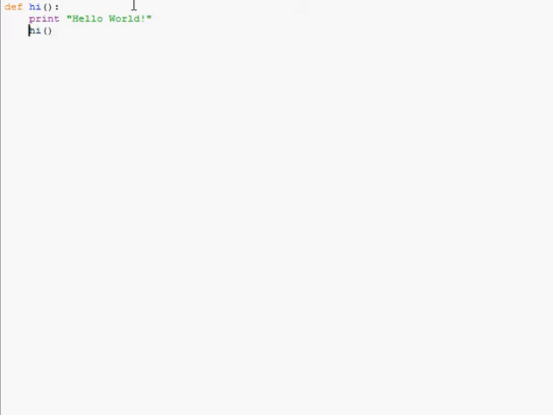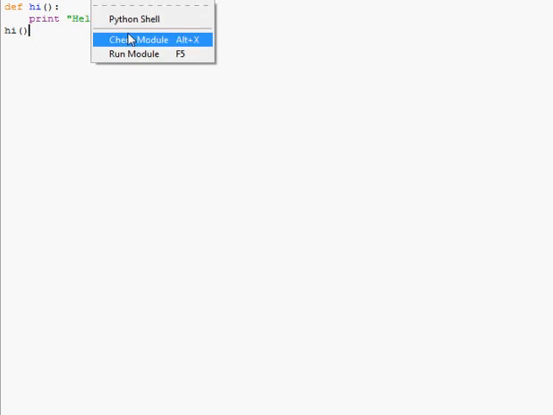But as soon as I do this and take out a tab space, this is no longer in the definition hi because it's the same tab spaces over, or if we were in another function and say this was tabbed over more, this would be outside of whatever the function was in. So right now we're calling hi after we define hi. And when you call a function, you force it to happen, to start. So if we click run, run module,